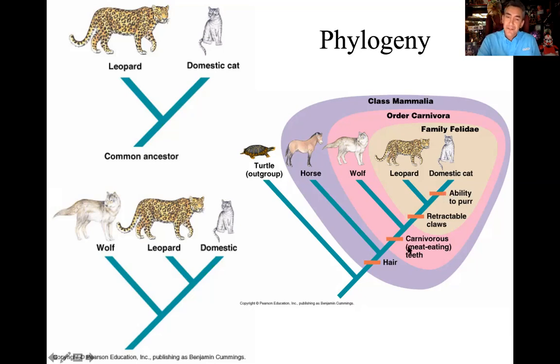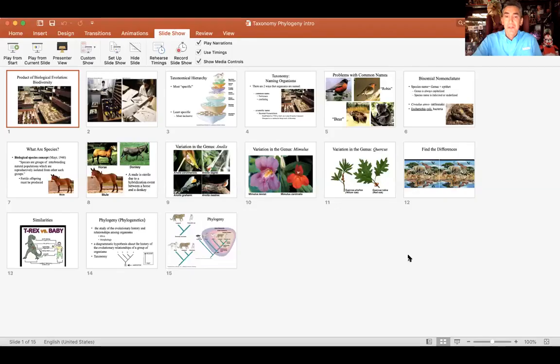So again, just trying to show you how these trees are originated and then how they would be interpreted. We're going to get practice with this as we continue as well. So with that, again, a little crash course in taxonomy, phylogeny, binomial nomenclature, species. So I do hope that this helps a little bit with some of the Labster simulations, and it's going to be a basis for things we get into throughout the rest of the semester. Right? So hope that makes sense,